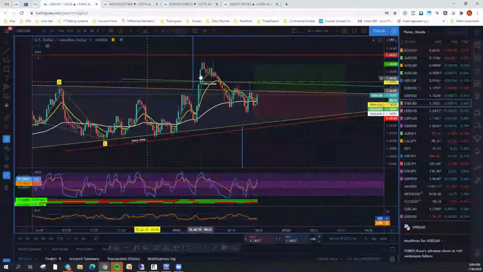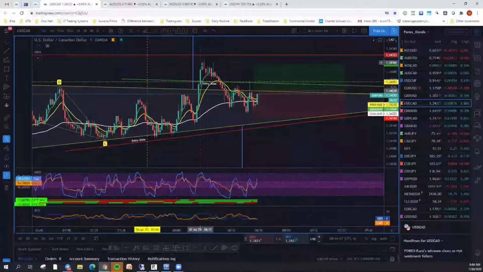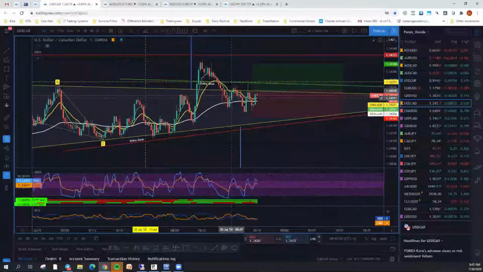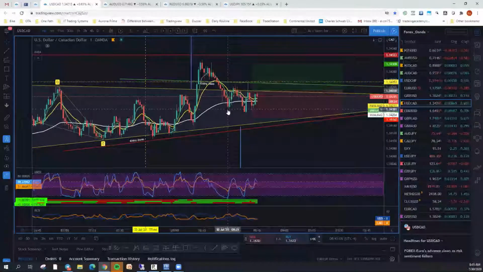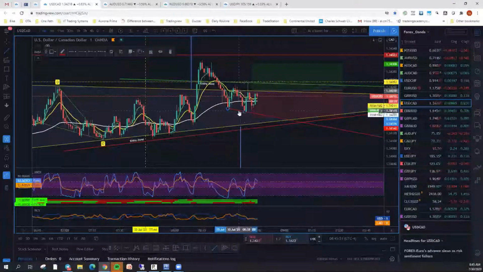Now the CAD did have a little bit of breakout right before the announcement, and came back down during the announcement. Here was the announcement. It was already predicting what the announcement was, and came back a little bit lower. Now this is on a 1 minute chart, so keep in mind that it doesn't hold a lot of weight, but you have a little bit of divergence here. What I mean by that, because this was mentioned just a couple of days ago, is you have a low here and a lower low here. So I'm going to put a little trend line right here. This is my divergence line.